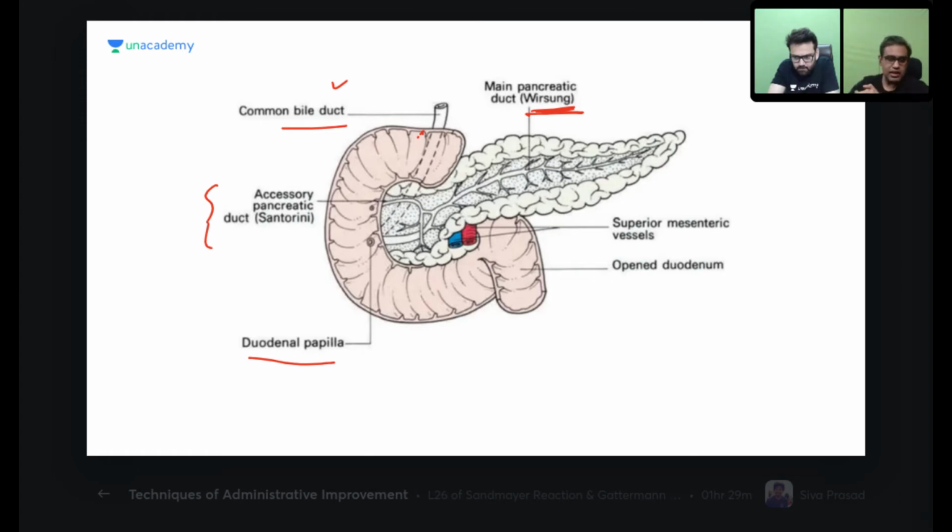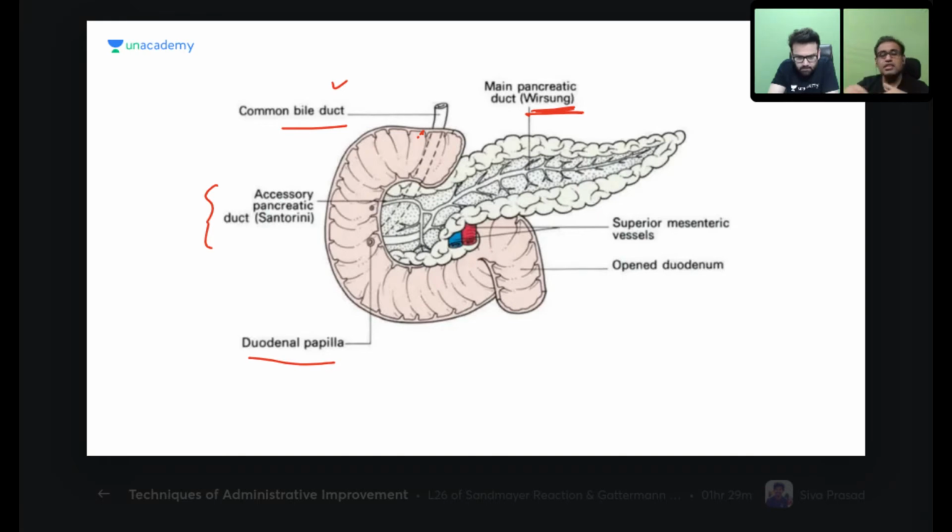Now this is a normal picture of the ductal system. Now let us understand a common anomaly. The common anomalies which we discussed were pancreas divisum and the other one was annular pancreas. The most common was your pancreas divisum. Now this is the normal which you are seeing, where both of the buds fuse and their ducts fuse.